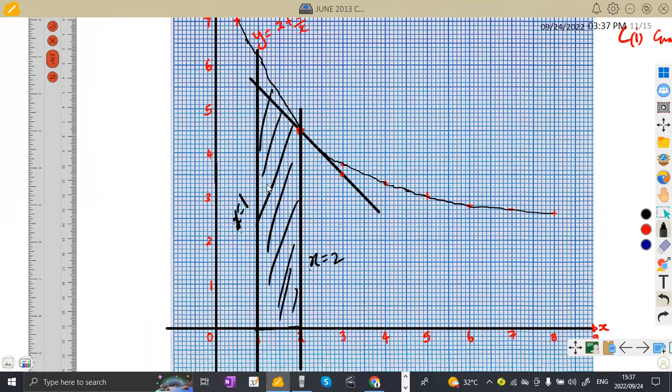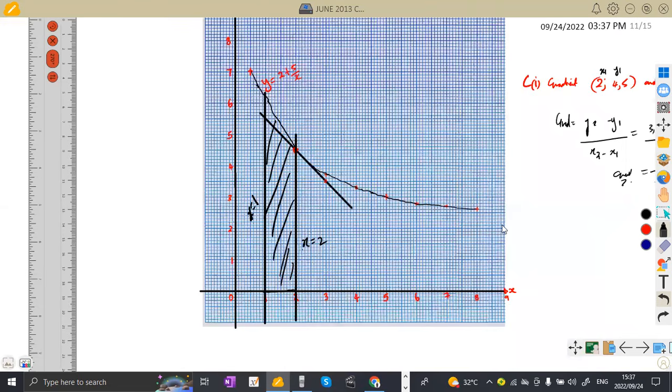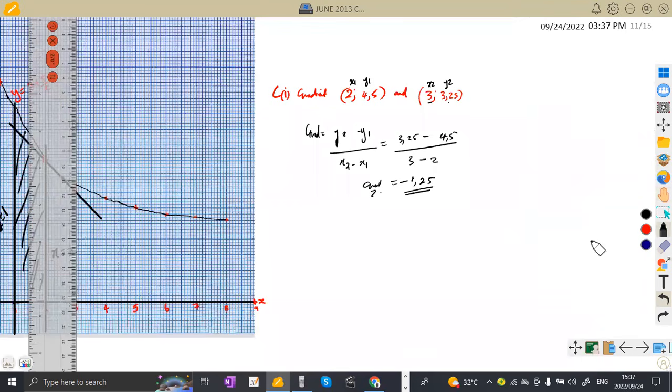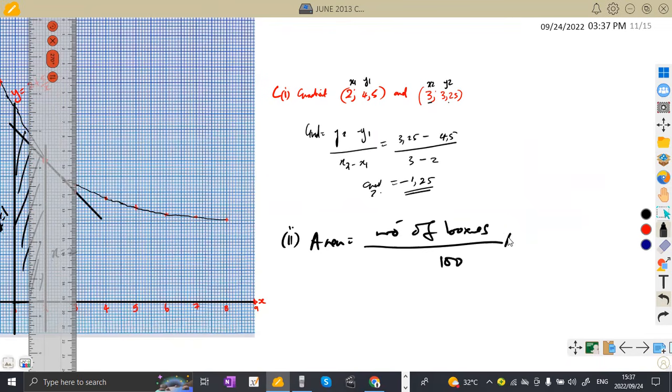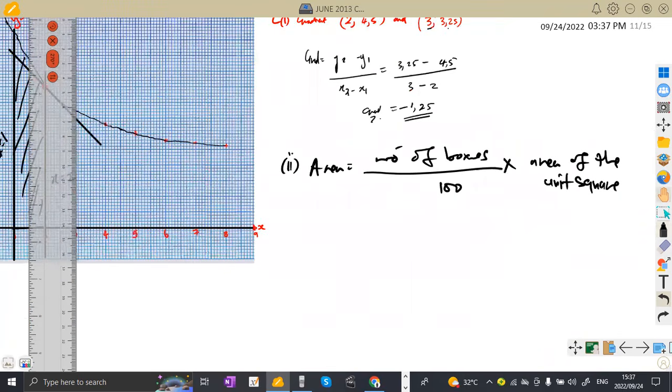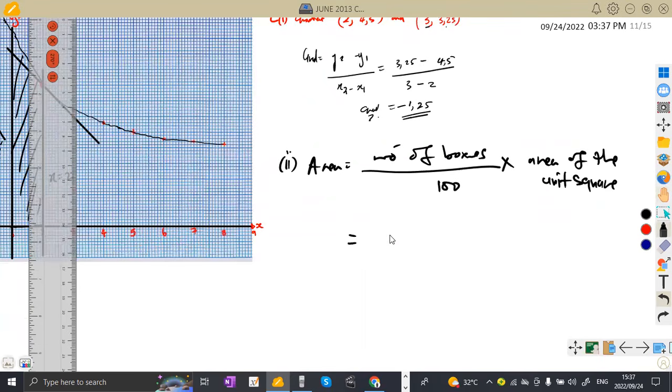You count those boxes. That is your area, because remember, guys, I told you that the area of a graph from a quadratic is going to be number of boxes over 100 times the area of the unit square. Okay, so we've got the unit square in this case. So that means we are going to have the number of boxes. You calculate them. So in this case, I calculated mine from a separate graph. I got something like 562 or 563. I don't know from yours, but whatever that you're going to get, over 100 times the area of the unit